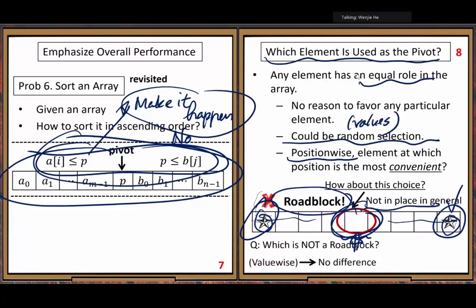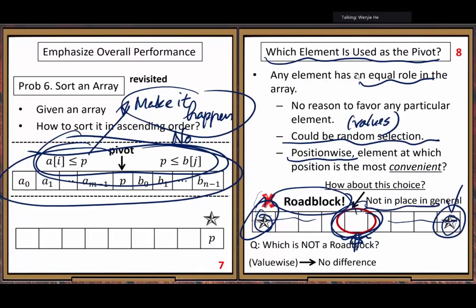Now, let me select the last position for the pivot element. Some people like to select the first position. No difference. Here in my presentation, I choose the last position as the position for the pivot element.